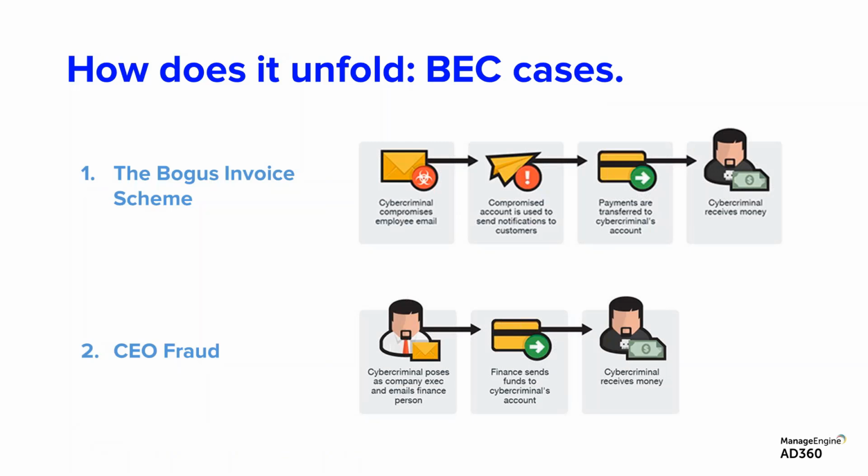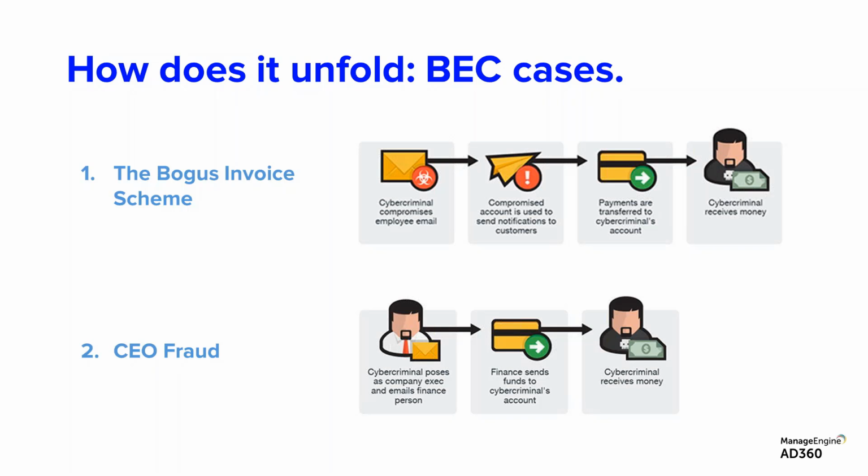Most of us would have already known. The criminal takes hold of an employee's email address. The account is used to send notifications to customers. They in turn try and get wire transfers to their personal accounts. The next one is the CEO fraud. Wow, this has been